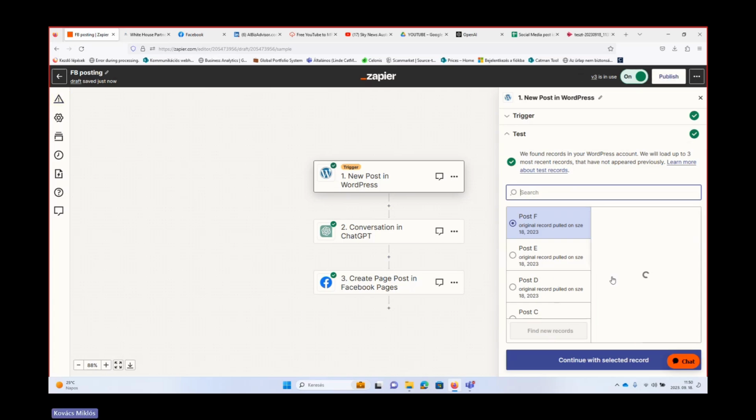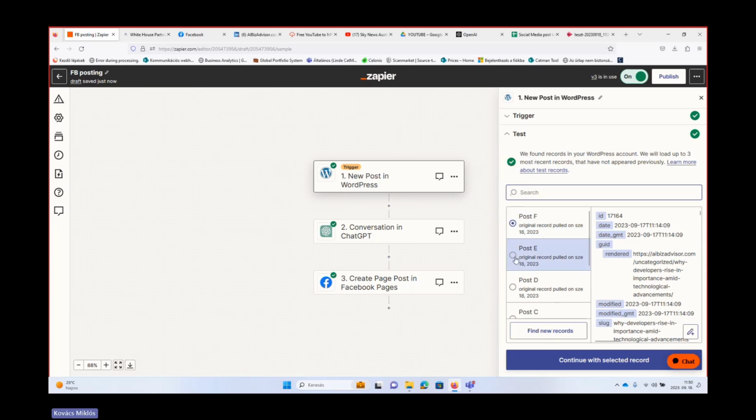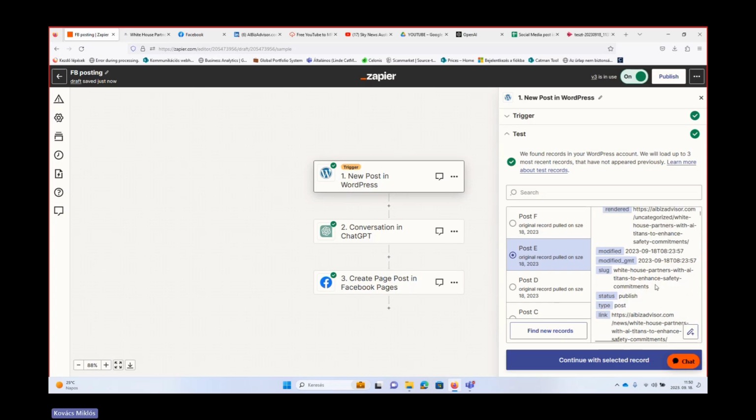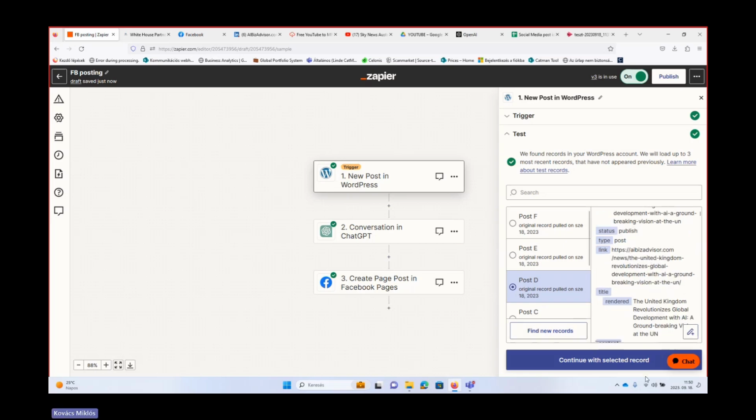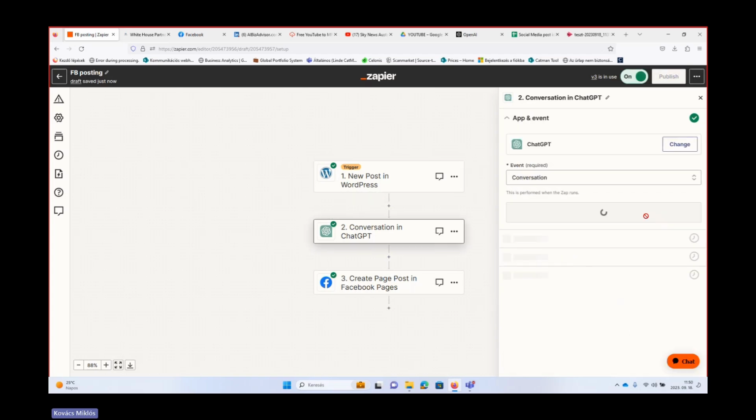Let's give it some time. Yes, cool. There is this one, White House Partners, I think it was created recently. Anyway, I will choose one of them and continue with the selected record.